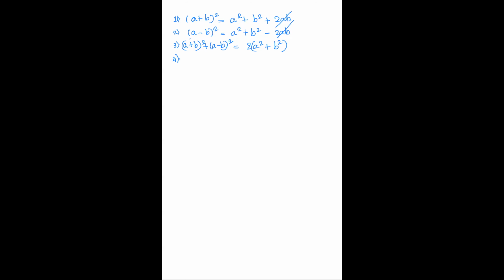So if we subtract them, अगर हम इन्हें subtract करते हैं तो क्या बन जाएगा? देखो, a plus b the whole square minus a minus b the whole square. So when we subtract, a square, b square will get cancelled out. 2ab add होके बन जाएगा 4ab. Yes, 4ab. तो ऐसे तो हम लोग कई सारे आइडेंटिटीज सीखने वाले हैं.